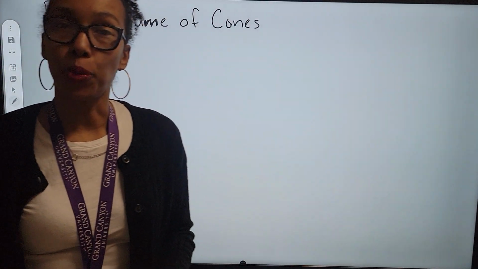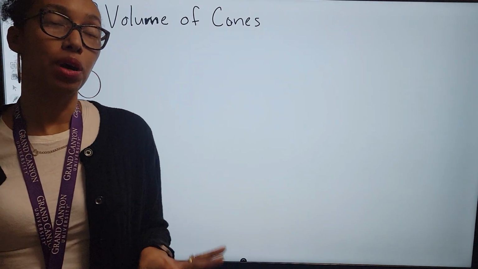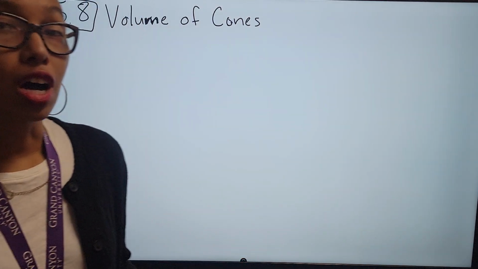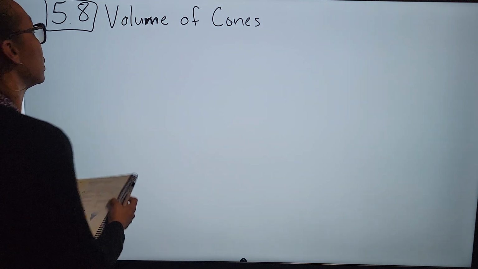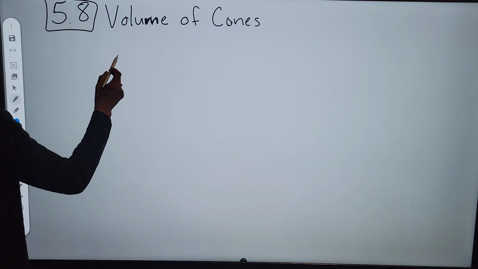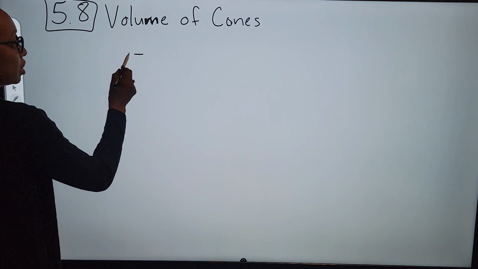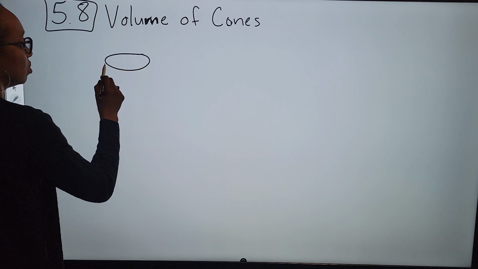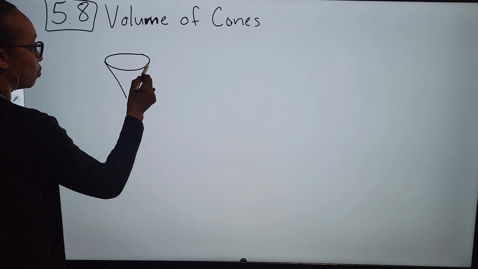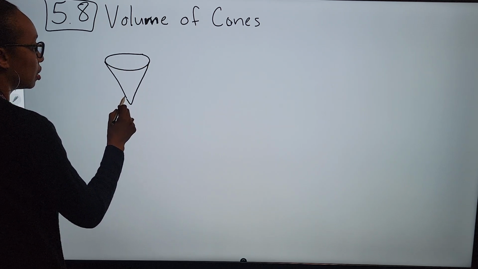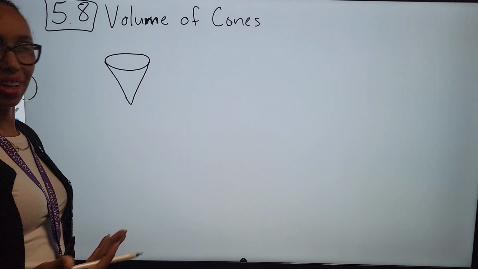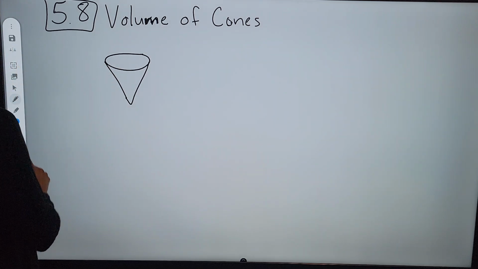Today in section 5.8, we are talking about the volume of cones. So first off, let's take a look at what a cone looks like. It kind of starts off with maybe a circle that comes down to a point, kind of like an ice cream cone, right? So if this is our cone,